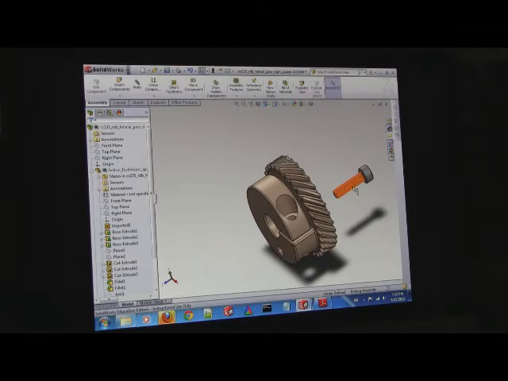Does everyone have an assembly with a gear in it? Yep. So is your gear in your file? Right click the gear, and you'll see an option that says float. Press that, and now drag the gear around. You can see it's free to move. Before it